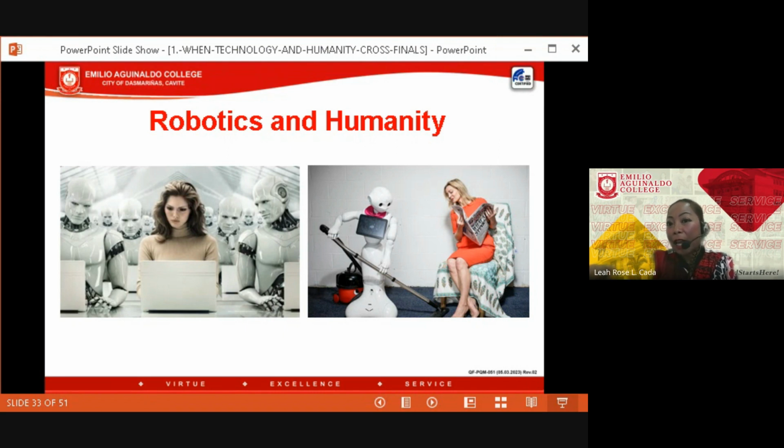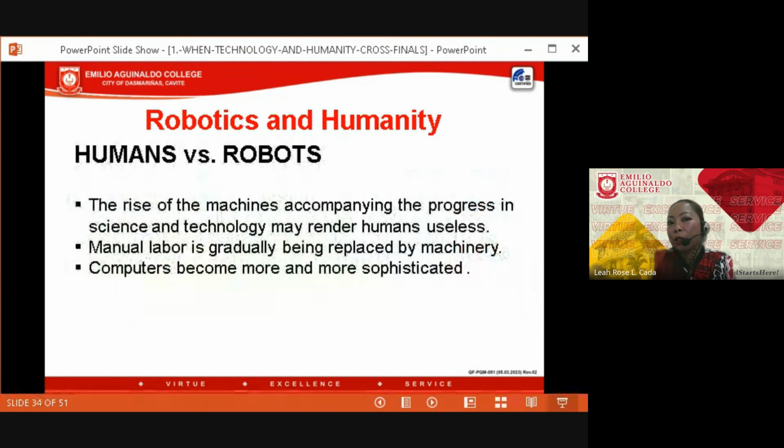robotics is already an in thing. Okay, it's already part of our technological advancement. When it comes to the rise of the machines accompanying the progress in science and technology, it may render humans useless. Okay. Actually, nag-umpisa na to nung 70s and 80s, nagkaroon na ng use of machines in major manufacturing industries around the world. Kaya ang daming nagkaroon ng problema na yun nga, nawala ng trabaho, dahil instead of doing the manual labor, it is the